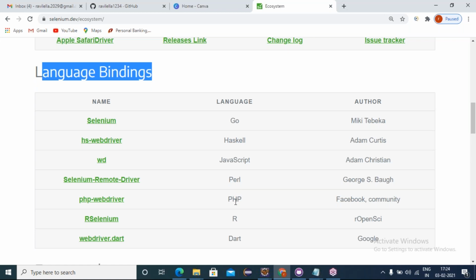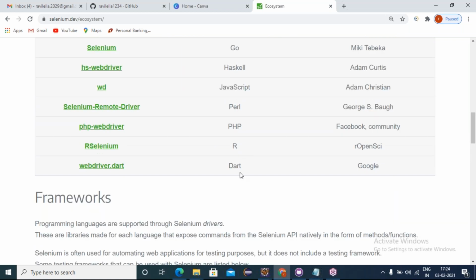Haskell, Perl, PHP, R language, Dart. These programming languages' bindings can also be used to build your Selenium WebDriver script. But the main core is what we are seeing in the dashboard. Apart from that, these can also be used. These language bindings got introduced one and a half years ago.